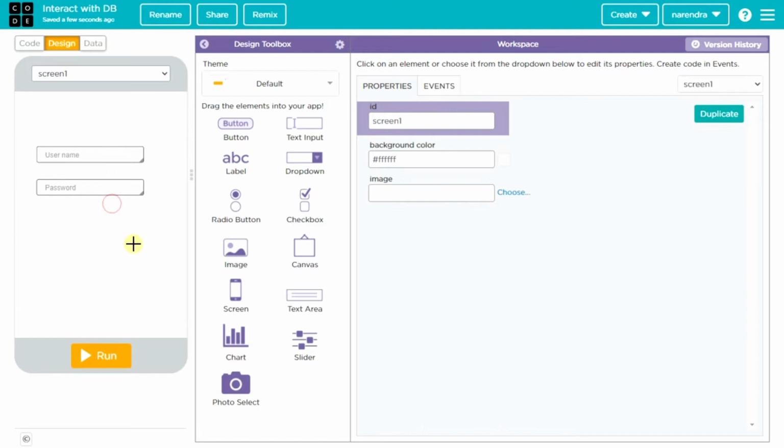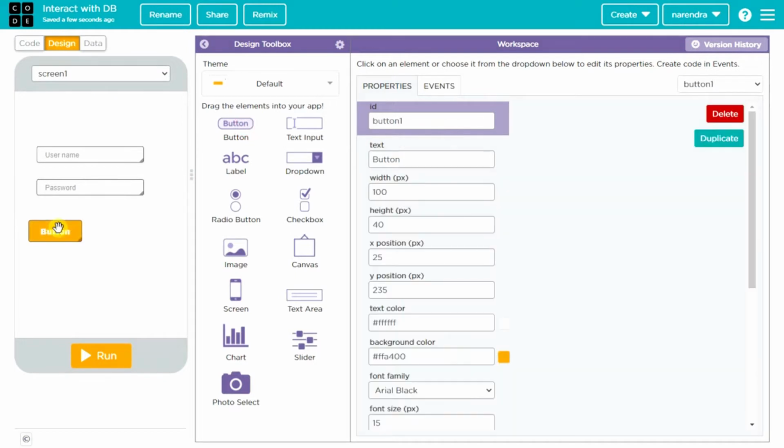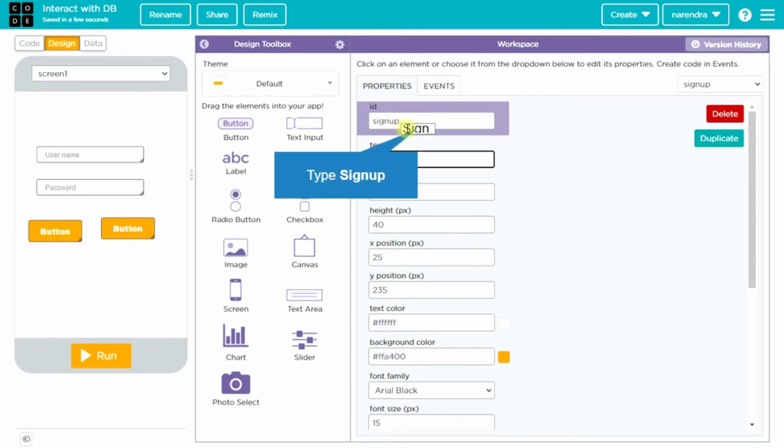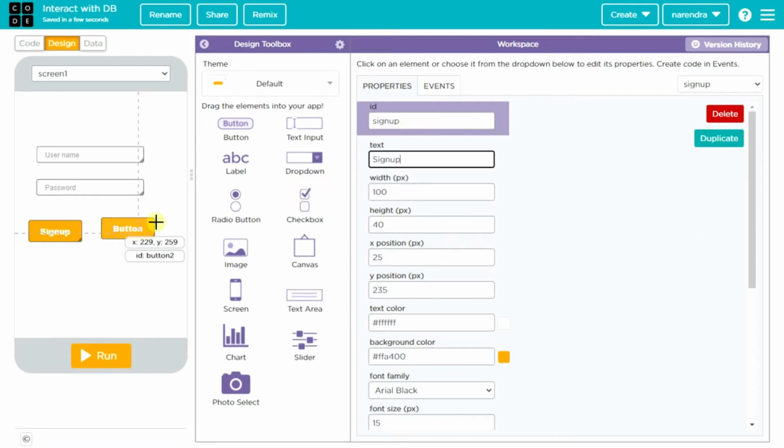And we need 2 buttons, one for sign up and another for login. Create 2 buttons, one for sign up, another for login. Give ID as sign up, and give text whatever you want here. It's a sign up.